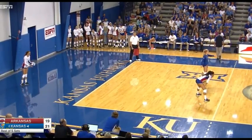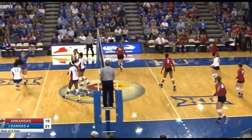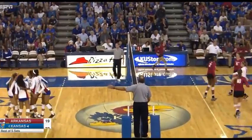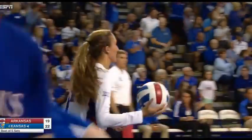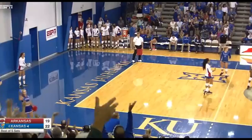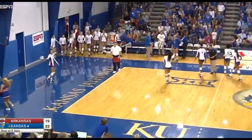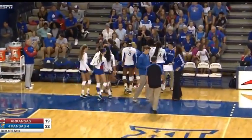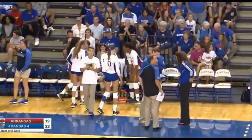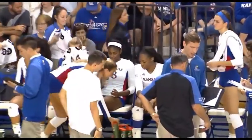So it'll be Madison Rigdon to serve. And Rigdon pulls out an ace. What's difficult about Madison Rigdon's serve is she's a jump float, but it also has some spin, and it spins away from you. So you can see that's why that ball got away from Volsky. It just hits her arm and ricocheted into the stands because it had some spin, like inside out, and she couldn't control it. Jason Watson wants a timeout as Kansas